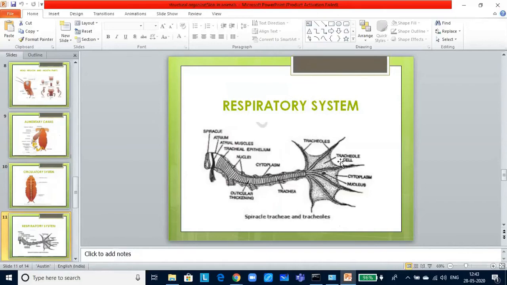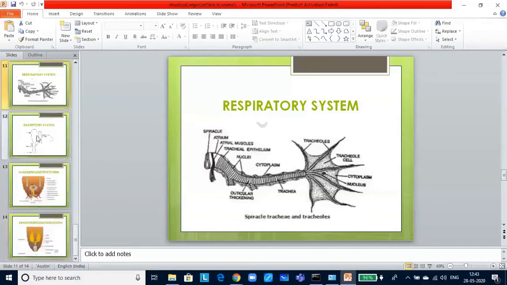Now, respiratory system comprises of a network of trachea that opens through 10 pairs of small openings called spiracles that are present on the lateral side of the body. Thin branching tubes, that is tracheal tubes divided into tracheoles, carry oxygen from the air to all the body parts. Opening of the spiracle is regulated by the sphincter. Exchange of gases takes place at the tracheoles by diffusion.